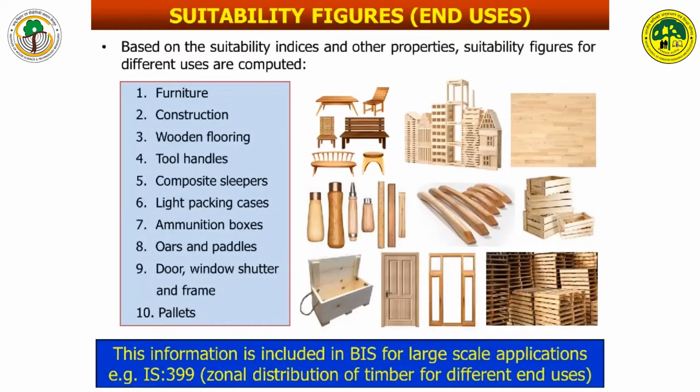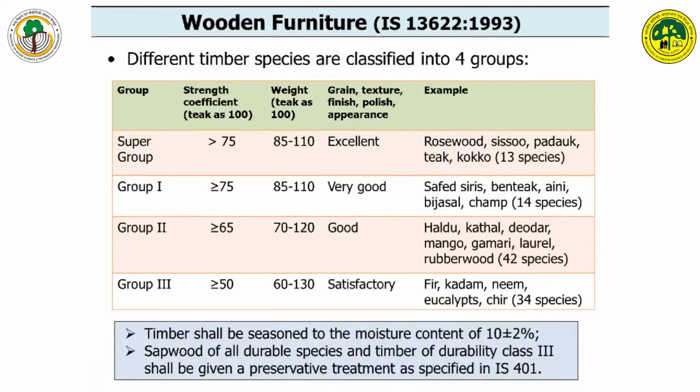sectors, application sectors, where wood is to be recommended finally for usage, like furniture, construction, wooden flooring, tool handles, composite sleepers, light packing cases, ammunition boxes, oars and paddles, doors, windows and shutters, pallets, and this kind of information has to be included in BIS. The number is 1399, zonal distribution of the timber for different end uses. So these are the main applications of the wood, and based on their properties, we can recommend the wood for